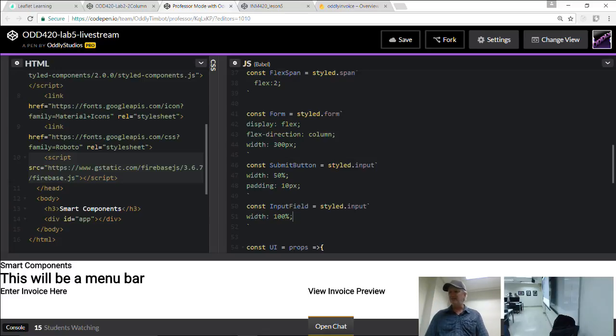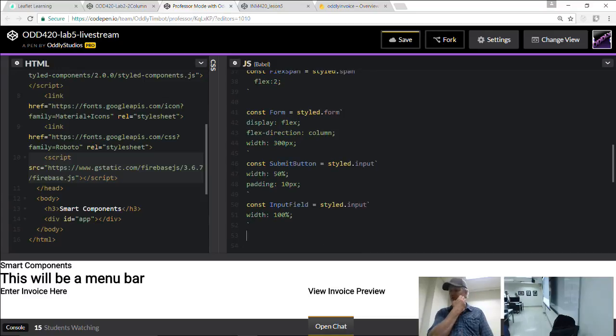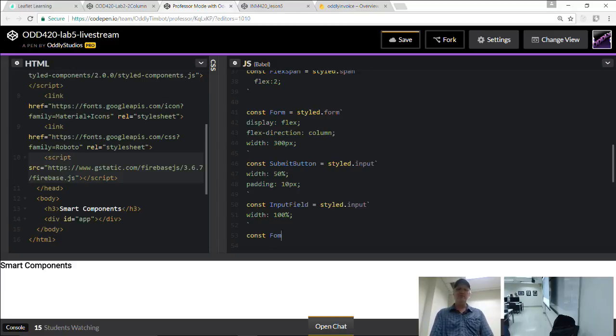I would say maybe one more thing, which would be a label. Because we're typically going to add labels to any of our fields, right? So let's make a form label. And it's up to us. I'll make mine an H4.